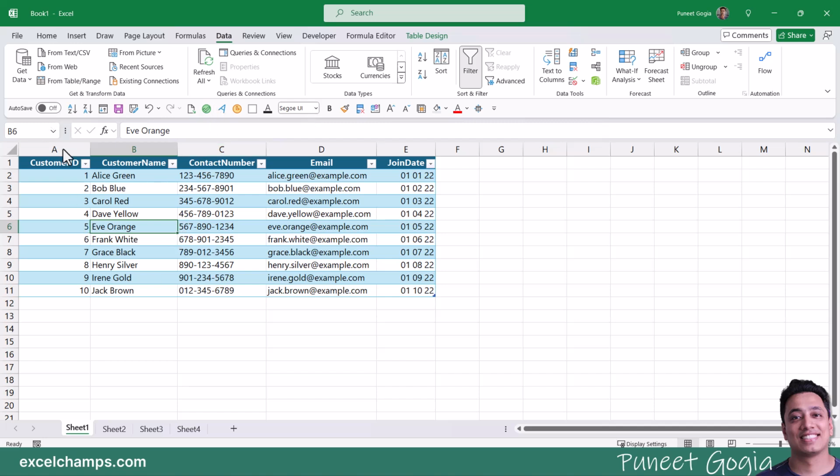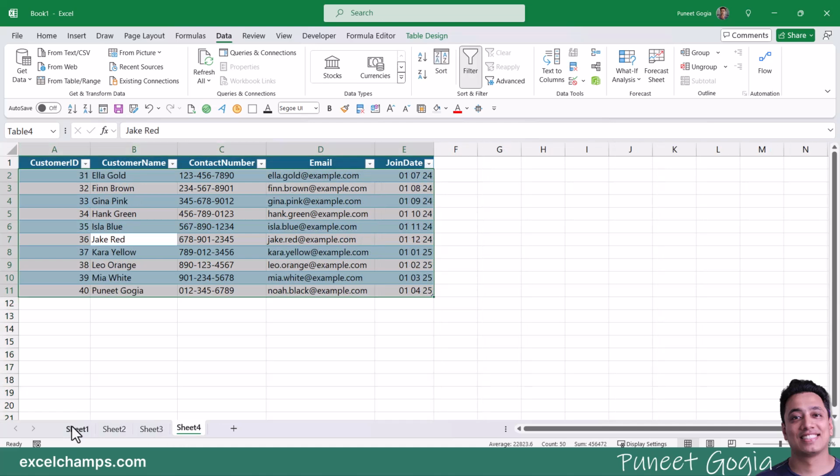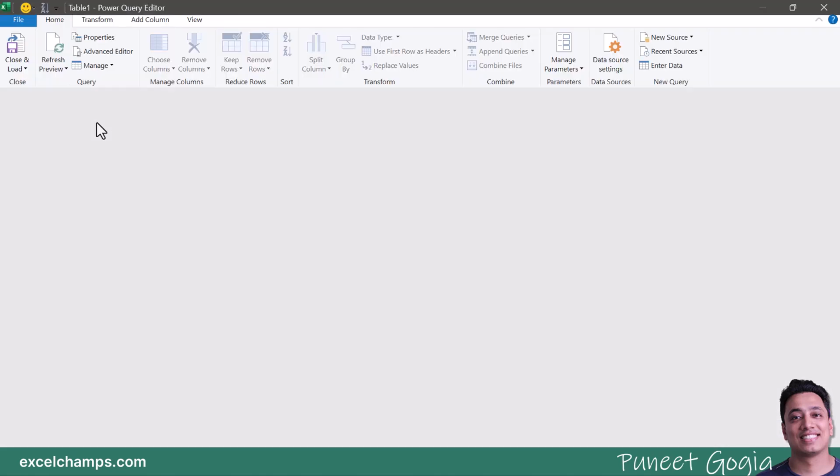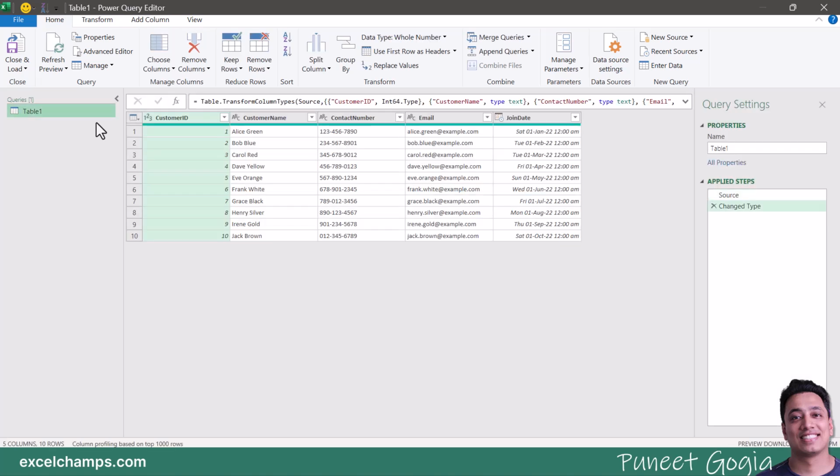So what I'm going to do is go to the data tab and click on from table and range. And mind you, I have already applied an Excel table on all the 4 tables here. And now just by loading it into the Power Query editor, I will go to the queries tab and right click and rename. So I will name it data 1 and then